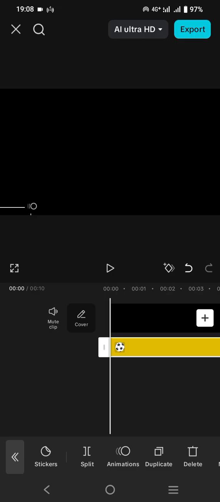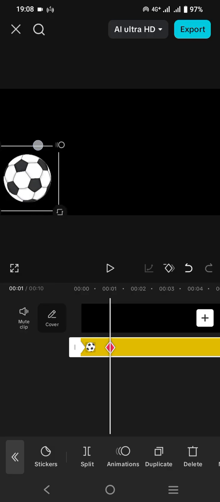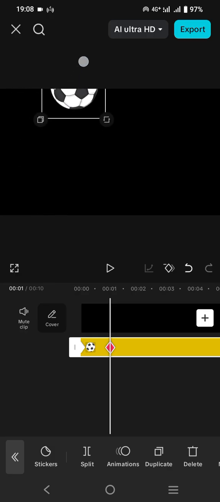You can start from this first second, and after that I will move it to the first second or second one, and add the keyframe, and this is the time to give the movement to this ball like this,